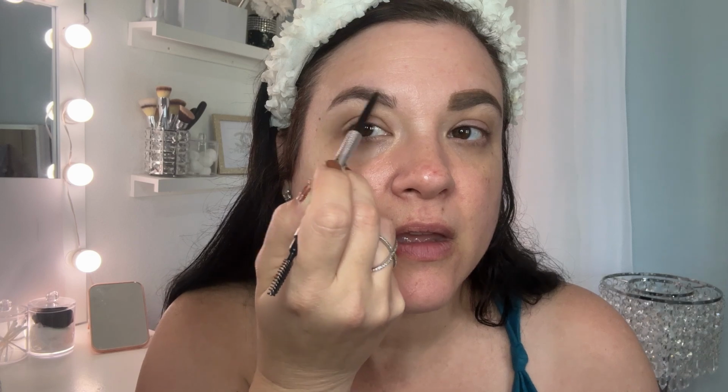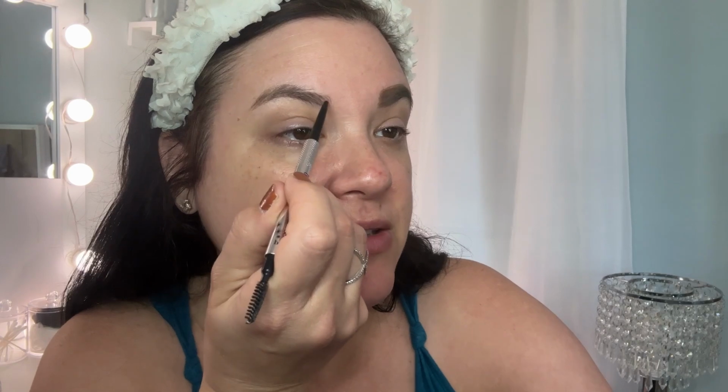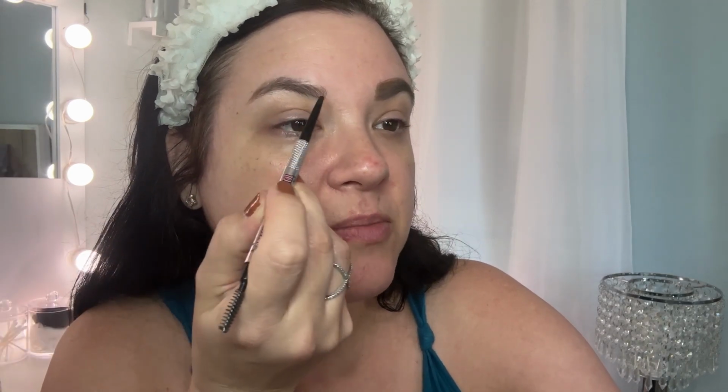But if you have a better, you know, natural curvature and plenty of brow hair, I started to say brow fur, brow hair, then you're going to be in better shape than me. And you might not even need a pencil, but I still use a pencil to try to kind of come back over those bare spots. And I need a mirror because I also can't see with my 46-year-old eyes. I have to have like a magnifying mirror. So I do come in and I do a little bit of pencil,